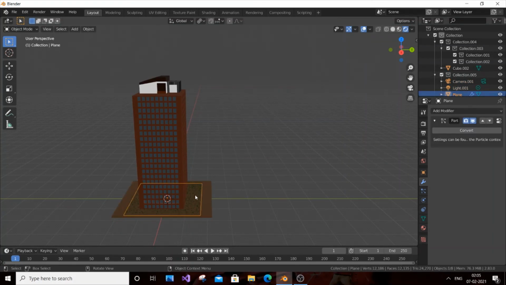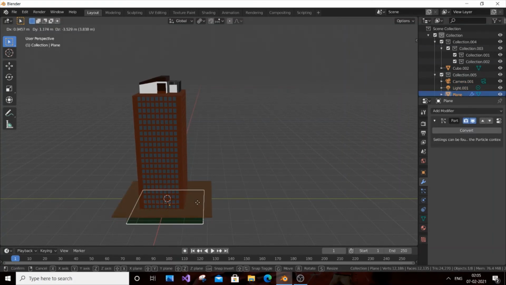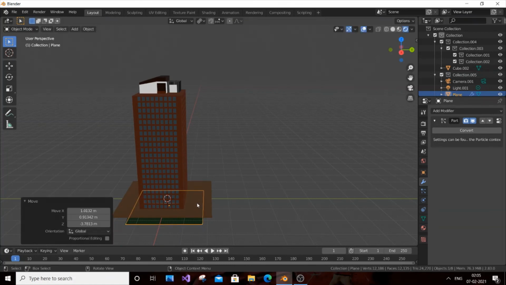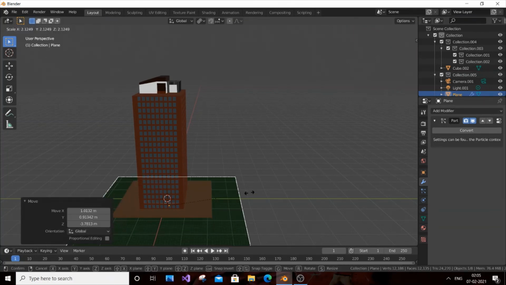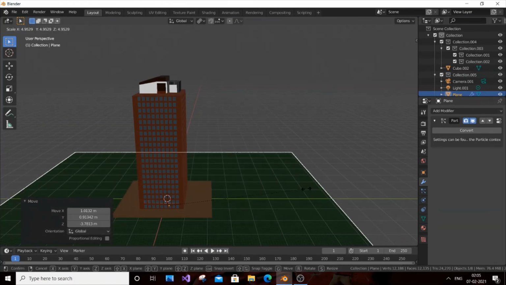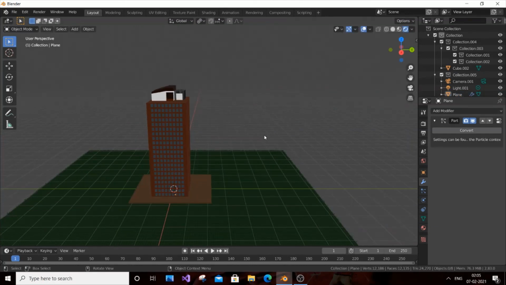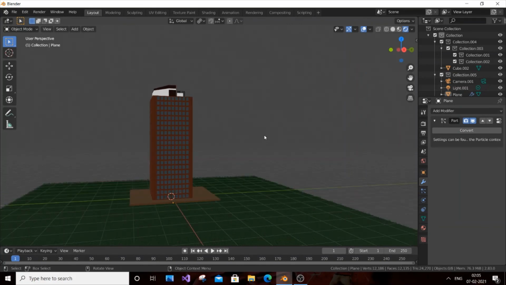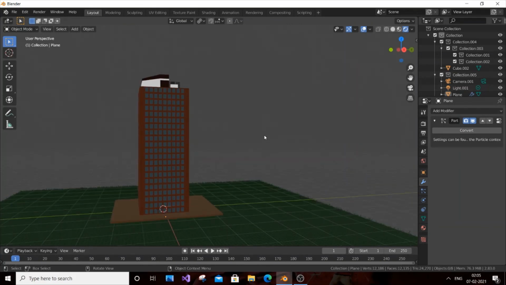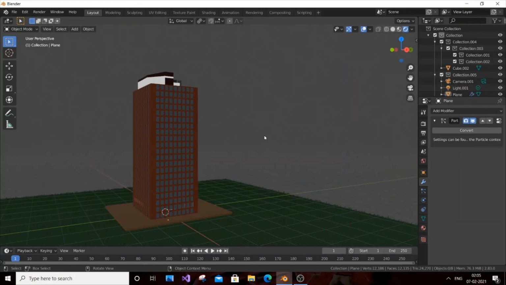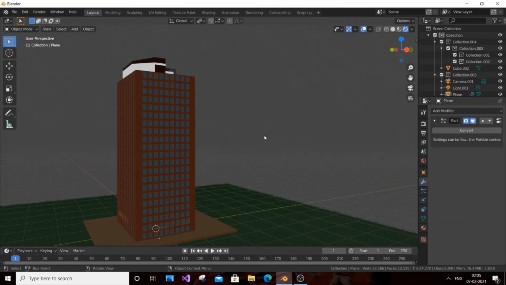I will press G and move it down, scale it, and move it. So that looks fantastic, I would say. So we have our building and our grass, and we have our house over the top of the building too. That's looking excellent.